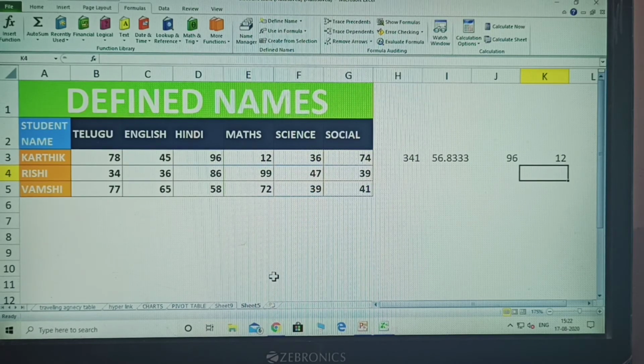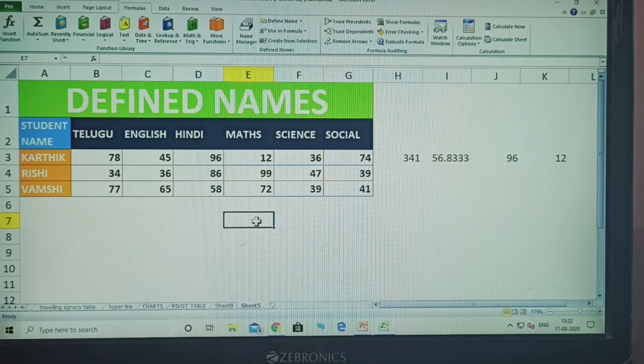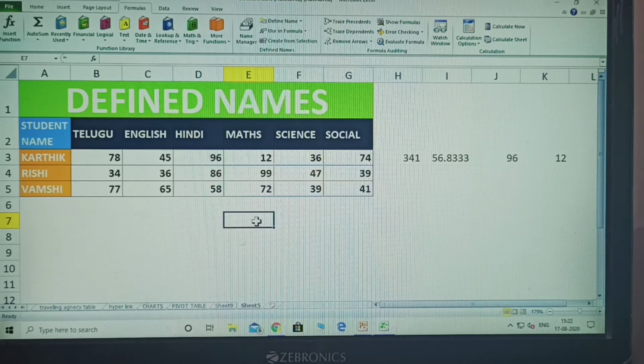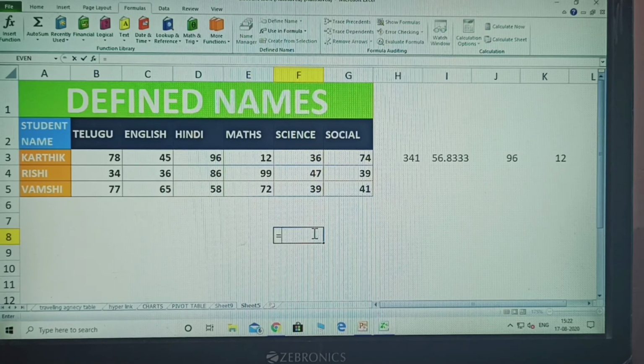This is define, but here the define is done only for that person. Another process is there, a very easy process. I am clicking here, where no person is used. Equal to sum.